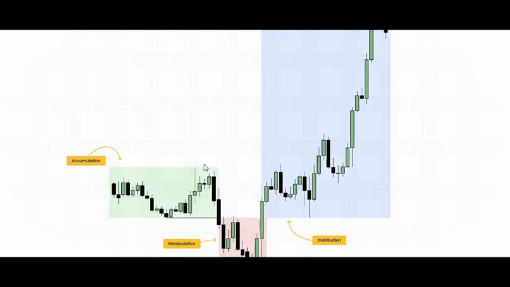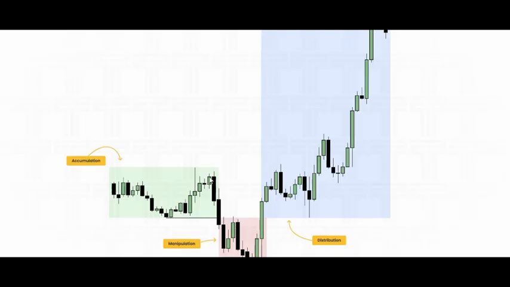So you see this accumulation right here. We have liquidity above this area, and then we have liquidity below this area too, because there is consolidation. So when price gets up here, people buy. When price gets down here, people sell. So it's been happening, right? Up, down, and all of that. So there's liquidity above this area, there's liquidity below this area. So price needs to manipulate one of these areas to then move,